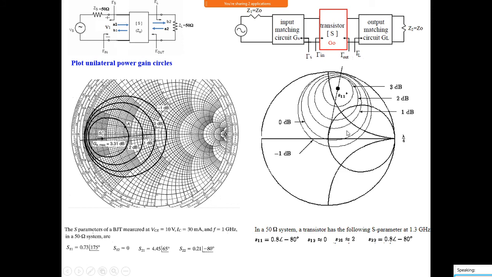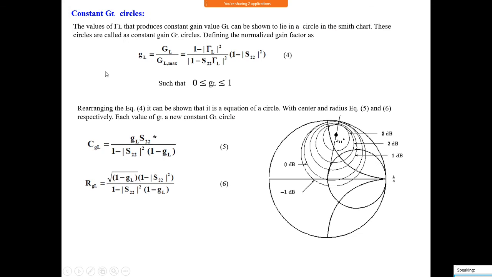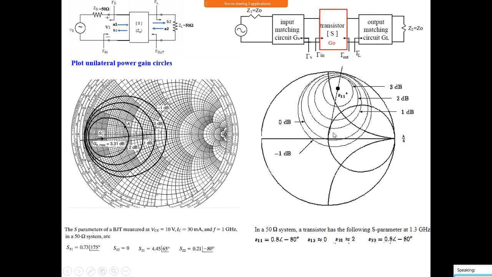Okay, this circle, how to draw this circle? I told you, using this. This becomes the circle equation. Substitute 1 dB, I want 1 dB, and this will become a circle equation. You find the center of the circle and the radius of the circle. Actually, center and radius will be like this. You calculate the center and the radius and plot the circle. I will show you how to draw that by taking one example. After drawing the circle, you choose any one value, and set that value here to the input of this network. Then you will be getting 1 dB gain.